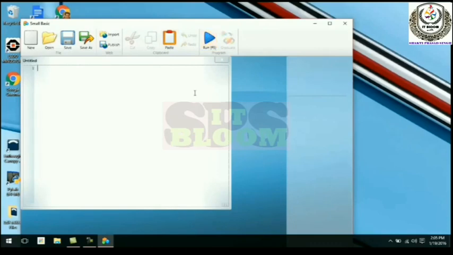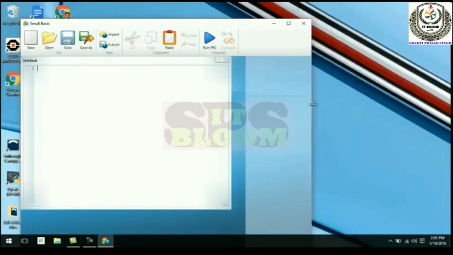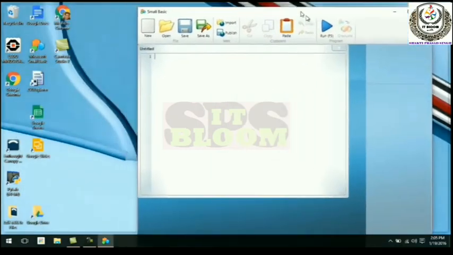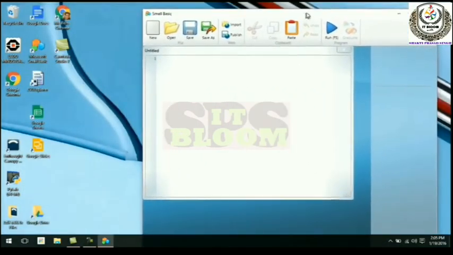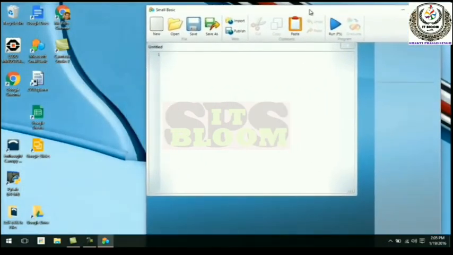And the important feature for writing a program is the code window. When you open it, the window will be named untitled, which you will see on the screen.